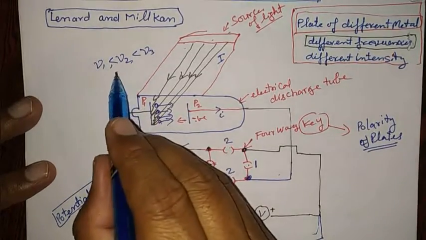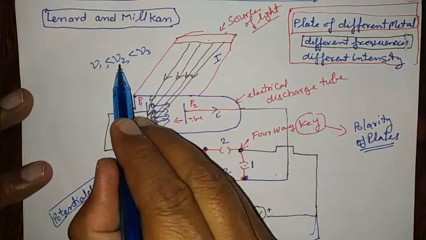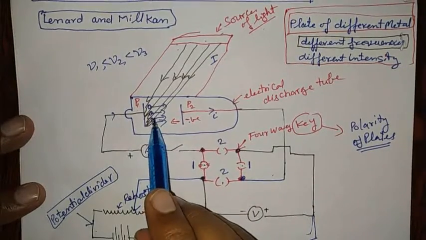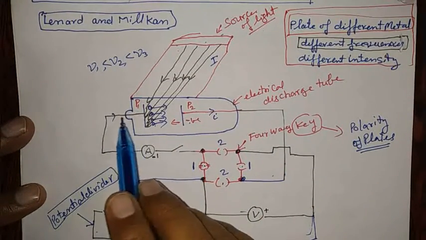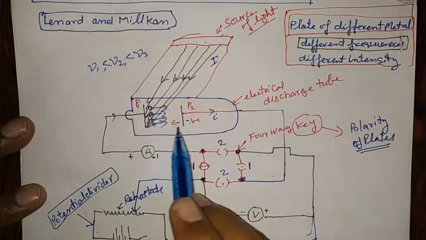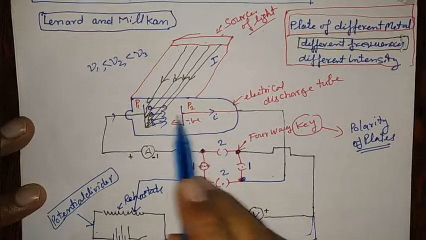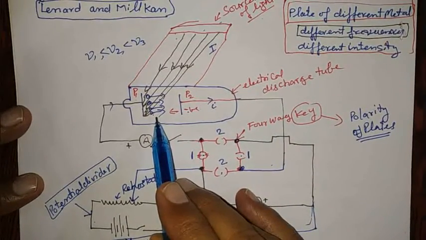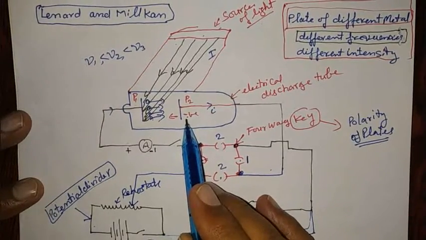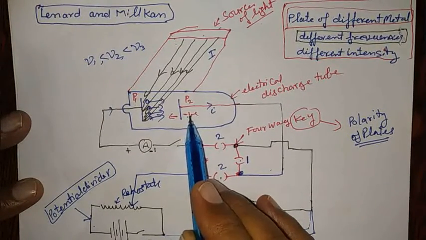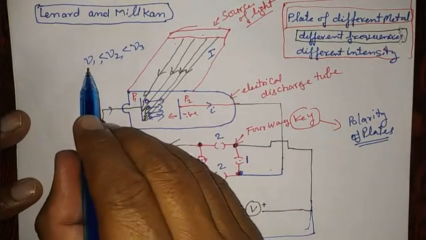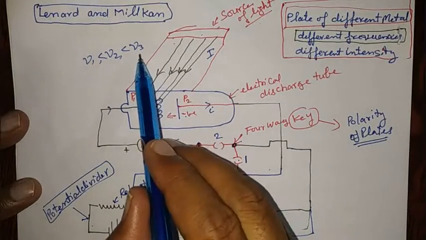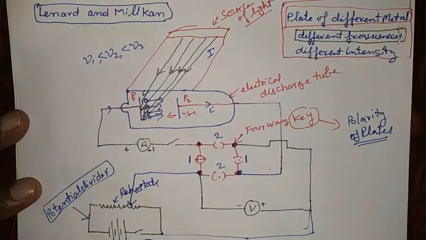Now, the same experiment is done with the help of the higher frequency nu 2, and when it is maintained at frequency nu 2, a photoelectric current also flows in the circuit. But to make this photocurrent zero, the negative potential required at plate P2 is more than in the case of nu 1, and the same thing increases when we choose the frequency nu 3 in this case.